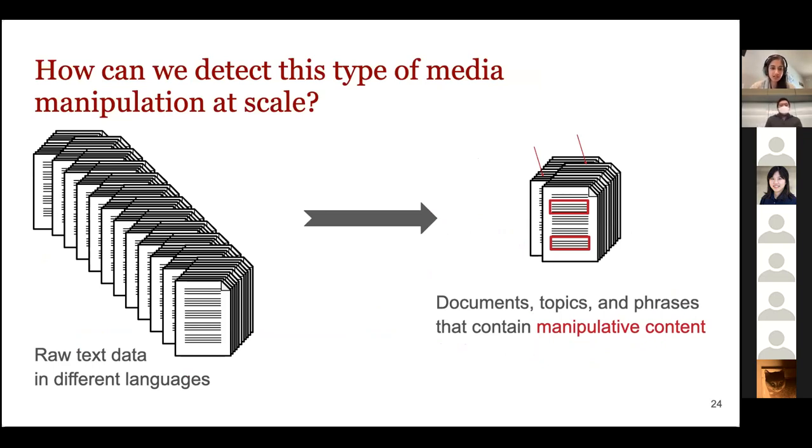But the examples that I gave you relied on some leaked ground truth data or some whistleblowers to expose their underlying strategies. So given some corpus of documents that we suspect might contain manipulative content, how can we identify documents, phrases, and strategies that reflect this manipulation? In order to do this, we want to develop a generalizable framework, something that we can operationalize computationally, and also something that we can apply in new domains given some new data set.